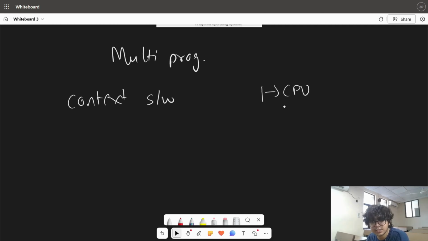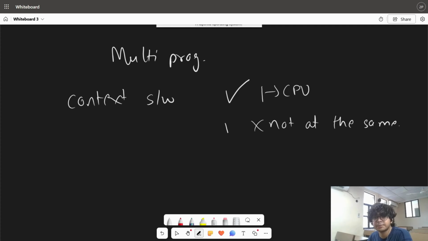नाउ लेट मी मेक इट क्लियर कि मल्टी प्रोग्रामिंग में देयर वुड बी वन सीपीयू, ठीक है, और उस सिंगल सीपीयू पे मल्टीपल प्रोग्राम रन करेंगे बट नॉट एट द सेम टाइम। एक चीज अपने दिमाग के अंदर बैठा लो कि कंप्यूटर में ट्रू पैरेललिज्म होता ही नहीं है। इफ देयर इज अ सिंगल सीपीयू तो एक पॉइंट पे एक ही कामकाज किया जाएगा, पर वो कॉन्टेक्स्ट स्विच इतना फास्ट होता है कि वी फील कि मल्टीपल प्रोसेसेस एक साथ रन कर रही है, बट दैट्स नॉट द केस, ठीक है। सो यू नीड टू बी क्लियर अबाउट दिस थिंग कि मल्टी प्रोग्रामिंग में सिंगल सीपीयू होता है, मल्टीपल प्रोग्राम्स काम करते हैं सिंगल सीपीयू पे बट नॉट एट द सेम टाइम।